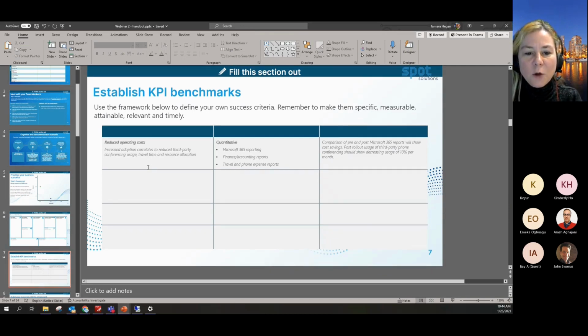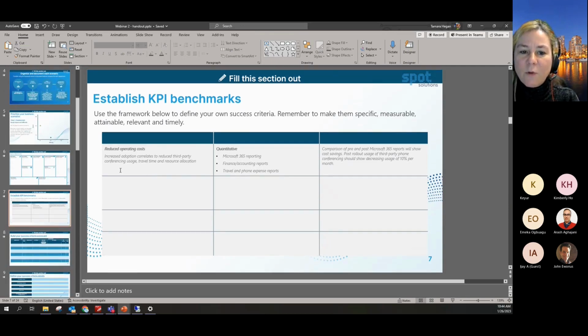Now, I want to talk a little bit more about this benchmarking before we move on, because it can be a little bit deceptive. You want to set these benchmarks, and it's critically important, but you also need to recognize that there will be a lag between the implementation of a system and your entire end user base being proficient in a system. I did a lot of work in Lean Six Sigma, and I worked with an organization who